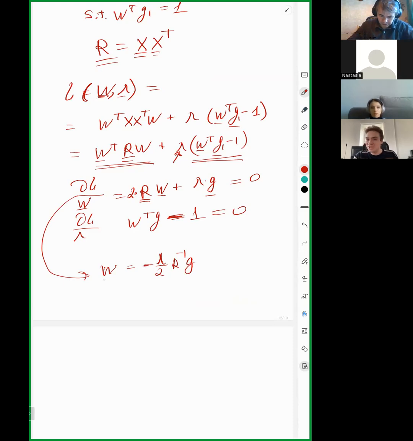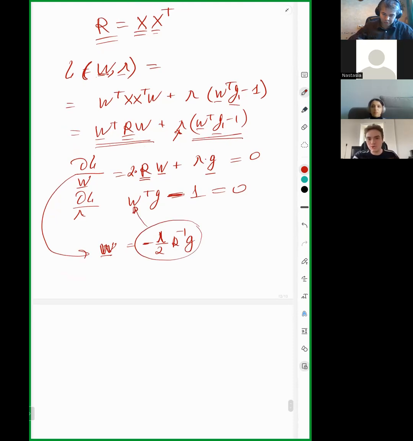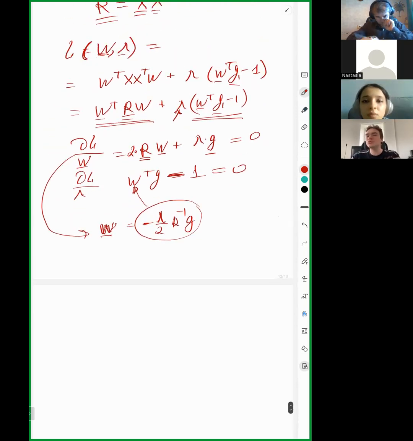So it's your w. But of course it depends on lambda, and it's not yet a solution. So now you take this w and substitute it in here in order to find the value of lambda, where lambda and w together will make you happy. So you substitute this in here, and you get